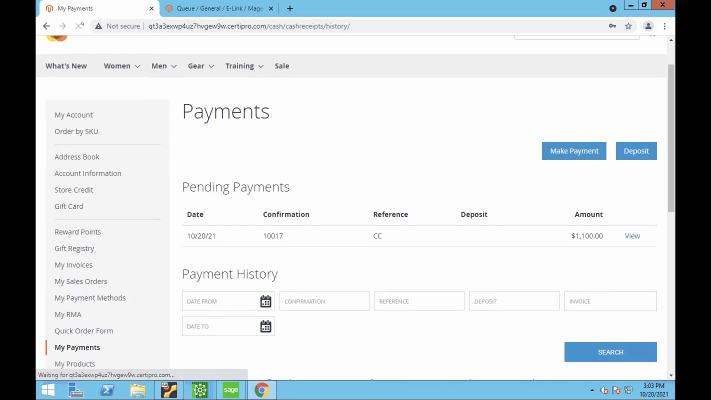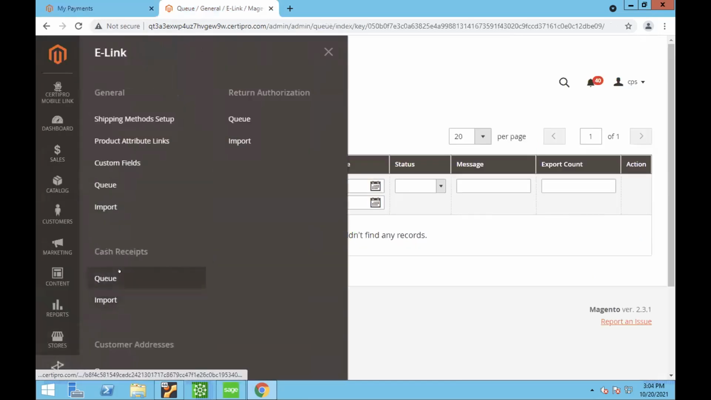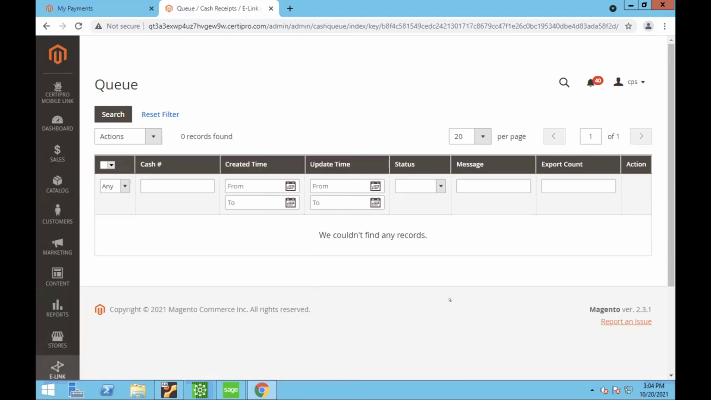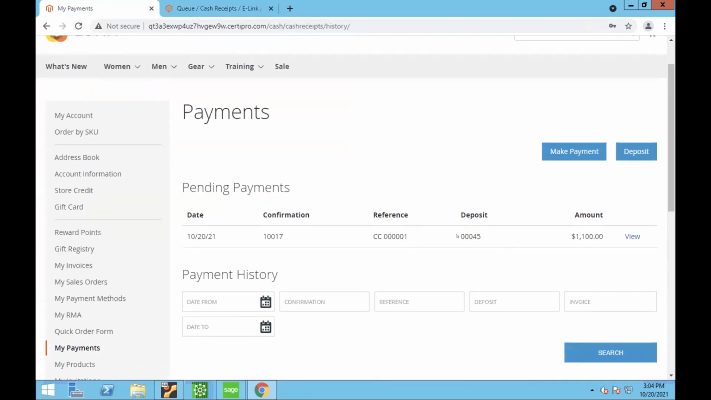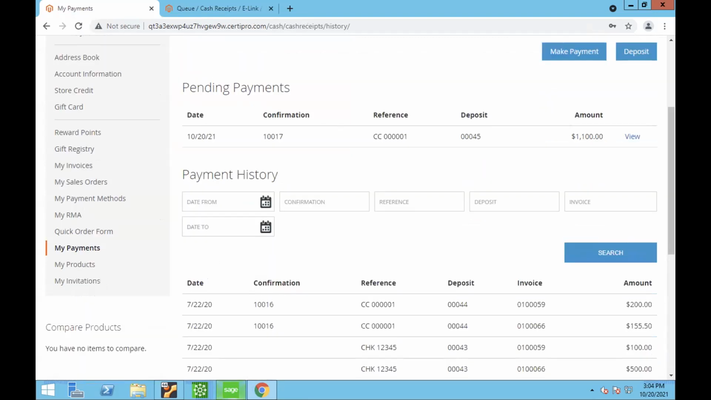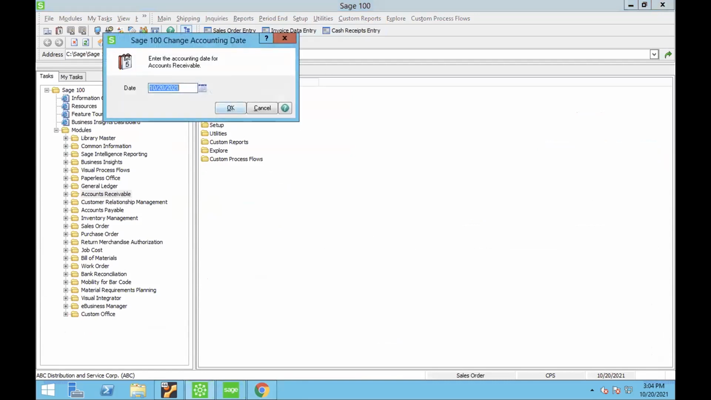So I'm going to go ahead and manually export that rather than taking time. So we'll go to the queue. And I lied, because it's already exported now. So if we refresh this page, we do see the deposit number and the reference that got updated from the web. So if we go into Sage and we go to cash receipts entry,